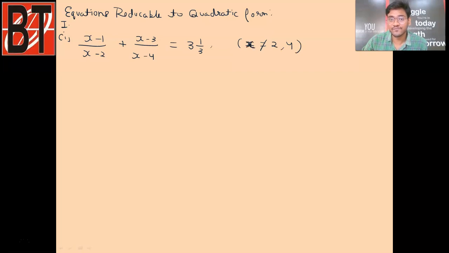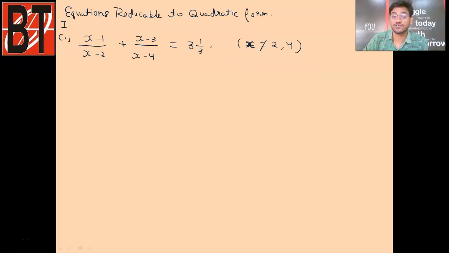Now students, why is it mentioned in the question that x must not equal plus 2 and plus 4? Obviously you may observe that if I take the value of x as plus 2, then in the denominator of the first fraction, 2 minus 2 will be 0, and 0 in the denominator is not accepted in mathematics. So x can be any value except plus 2 and plus 4. So yes, let's simplify this.